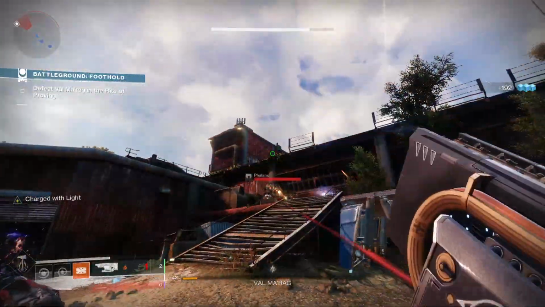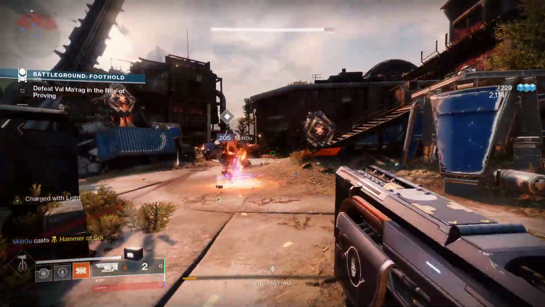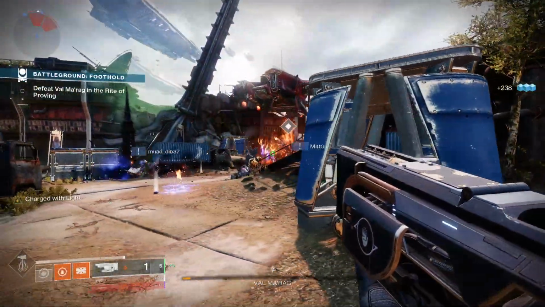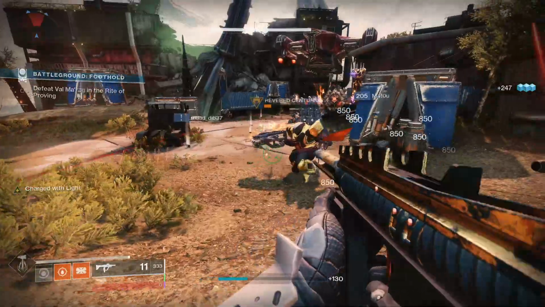Elemental Wells, we're using Font of Wisdom, so you pick up an Elemental Well that matches a subclass energy type, and it grants you a temporary significant increase to your intellect, improving the recharge rate of your super. It gives you a plus 50 intellect boost for 30 seconds, so it's going to boost your super regeneration absolutely